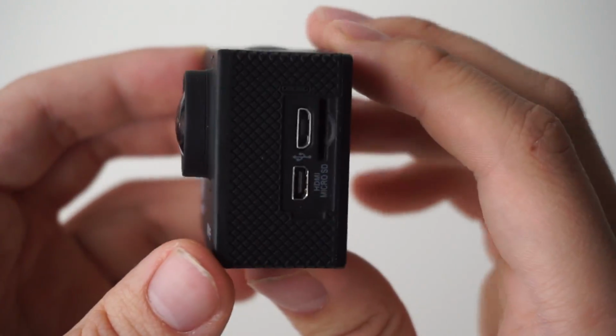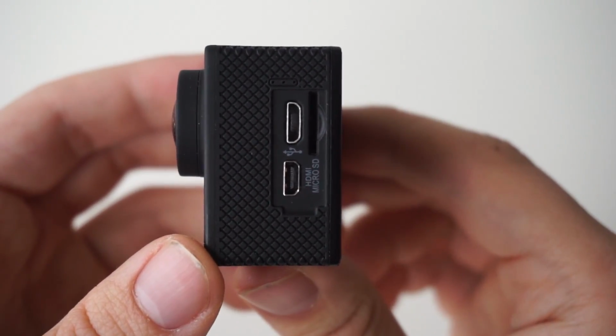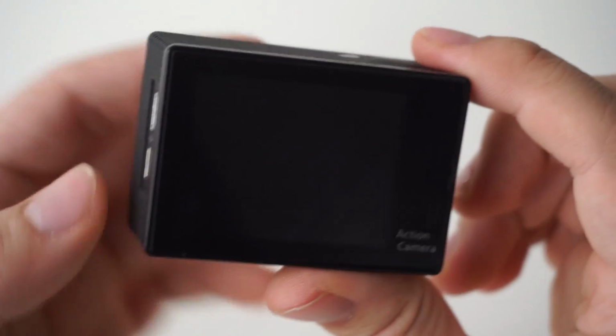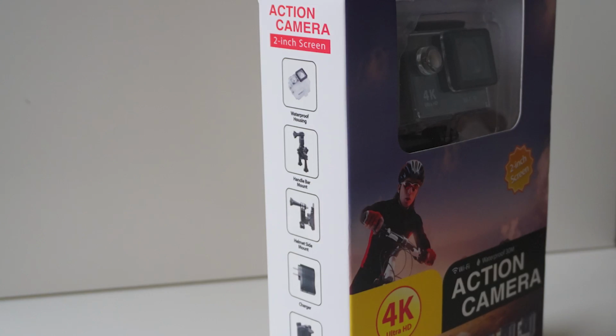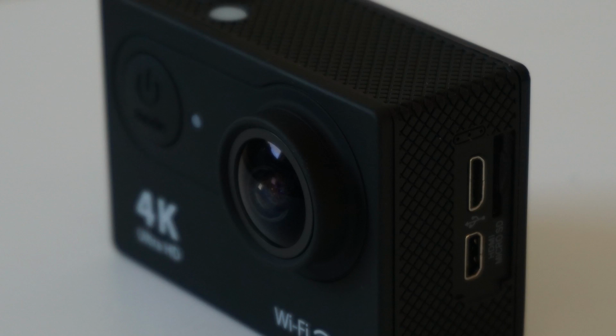Action cameras are becoming more and more popular. As technology and customer demands advance, so do the prices. It seems that lately all action camera brands are producing cameras over $100. That is why I was very interested in getting this Eken H9 camera that is priced at around $50, and